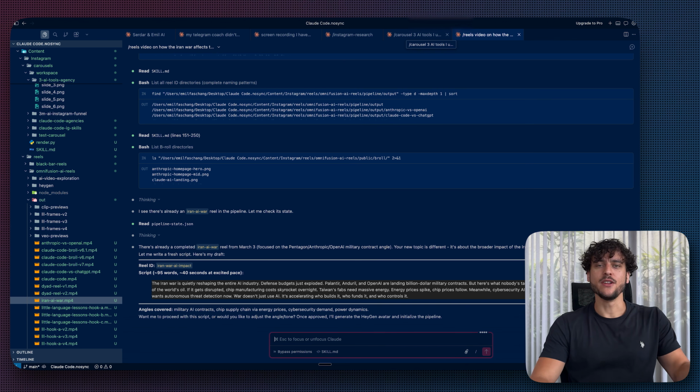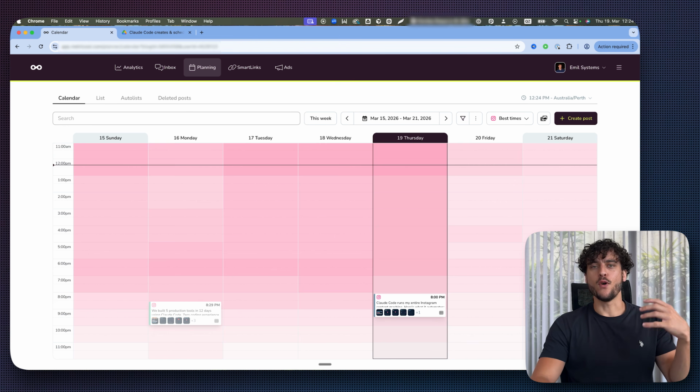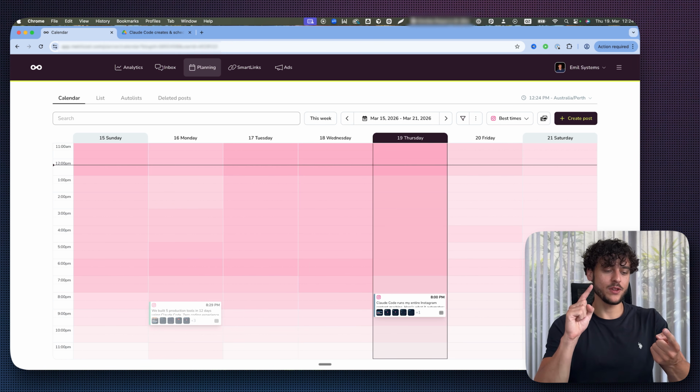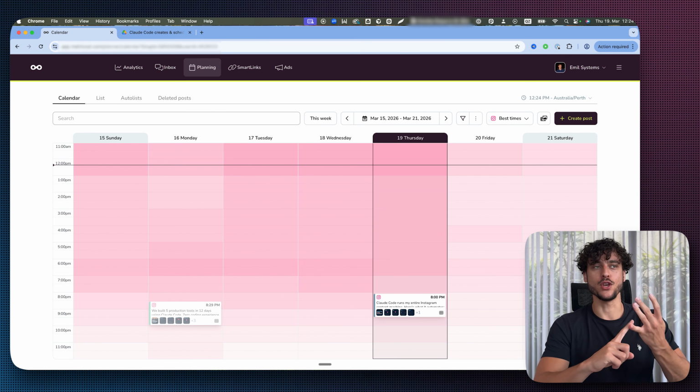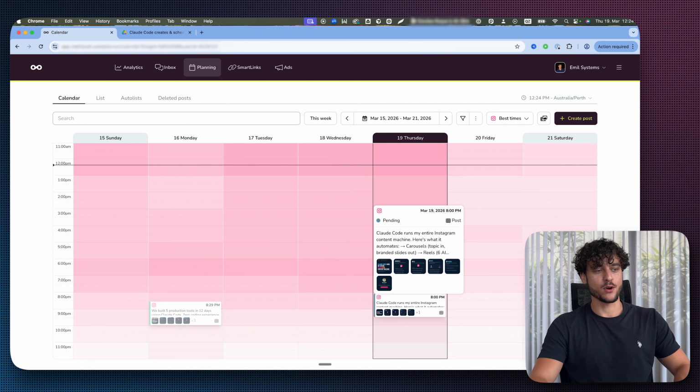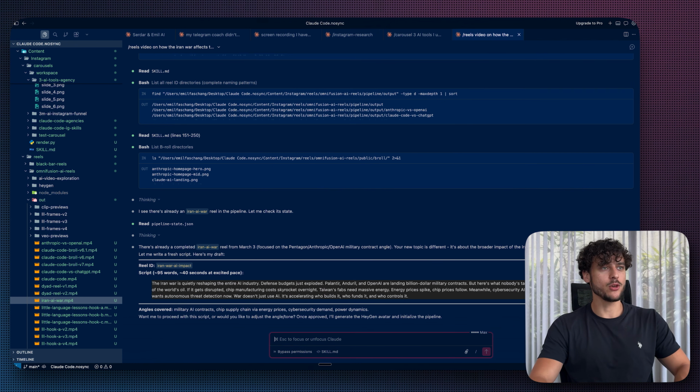Which brings me to the final use case, which is actually scheduling these reels on Instagram. And for this, we use a tool called Metricool, which allows you to schedule not only carousels, normal posts, or reels, but also trial reels on your Instagram account fully automatically. Now, I've already done it for a carousel post right here, but I'm going to show you exactly how it